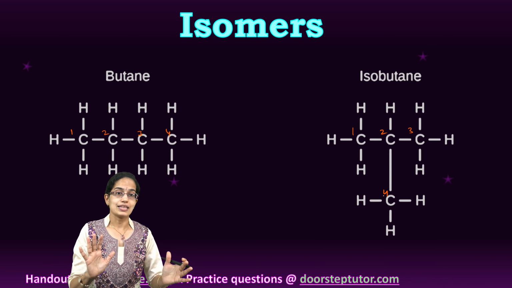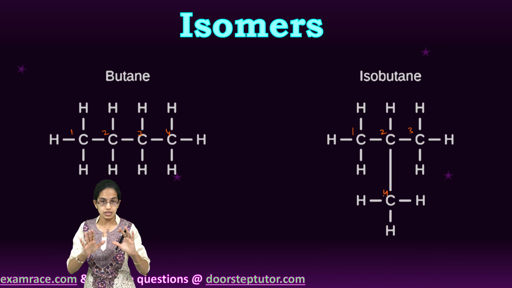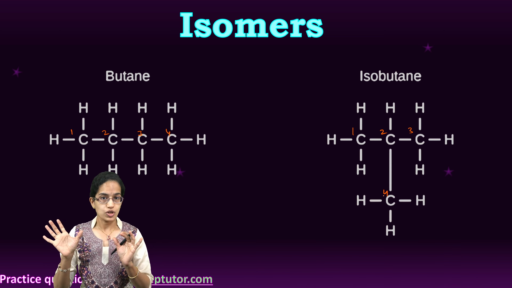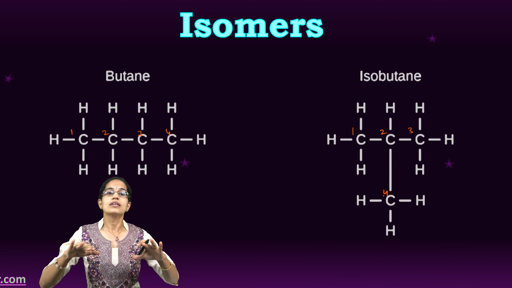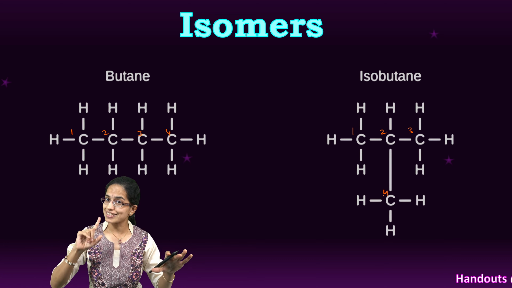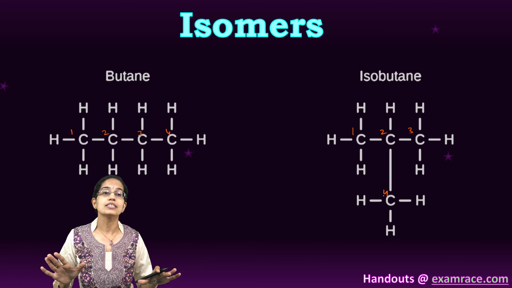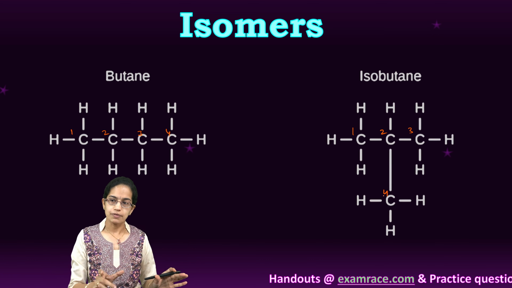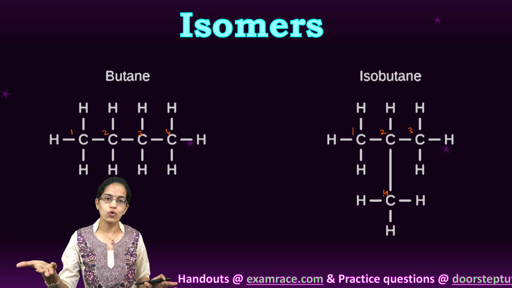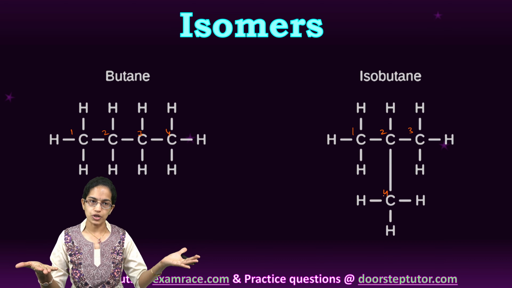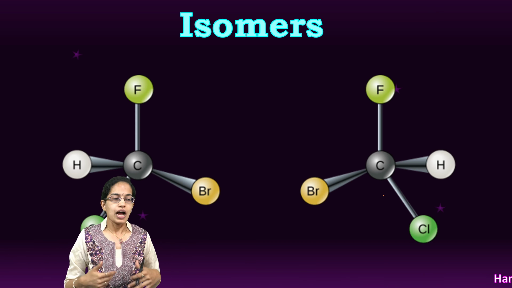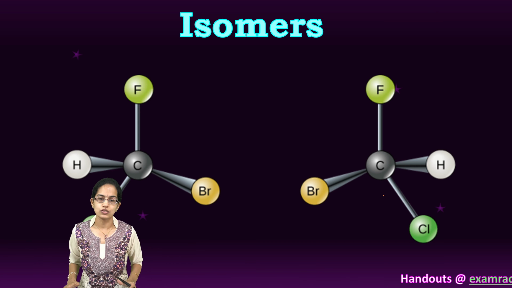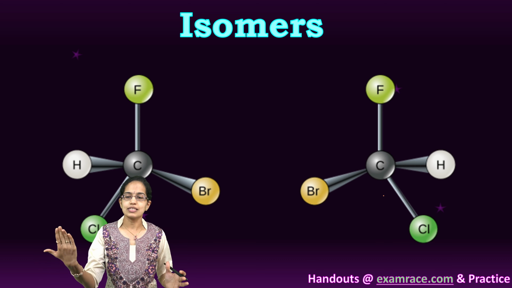That is again an arrangement which is different. So the number of carbon and the number of hydrogen in both the cases remain the same, but the structure in which it is arranged is different, and therefore it is a structural isomer. So the arrangement of the 4 carbons here and the arrangement of the 4 carbons here would vary based on the structure that is there. Another way of depicting an isomer is enantiomers, and this is as simple as that.